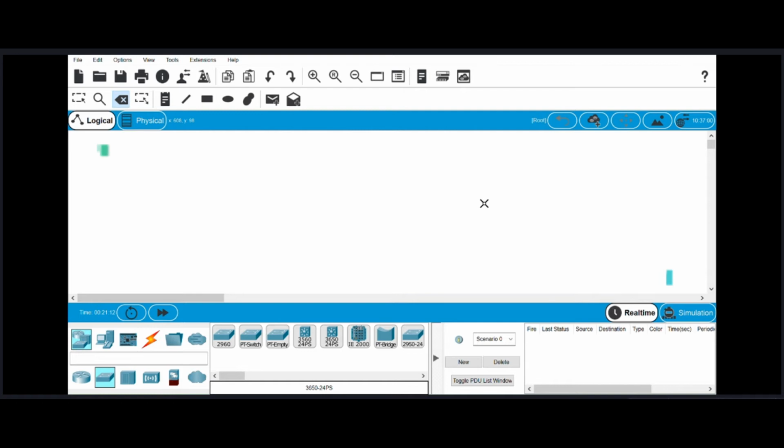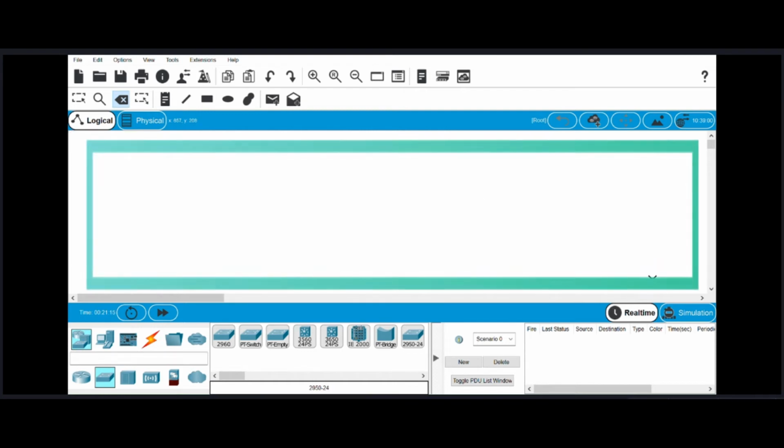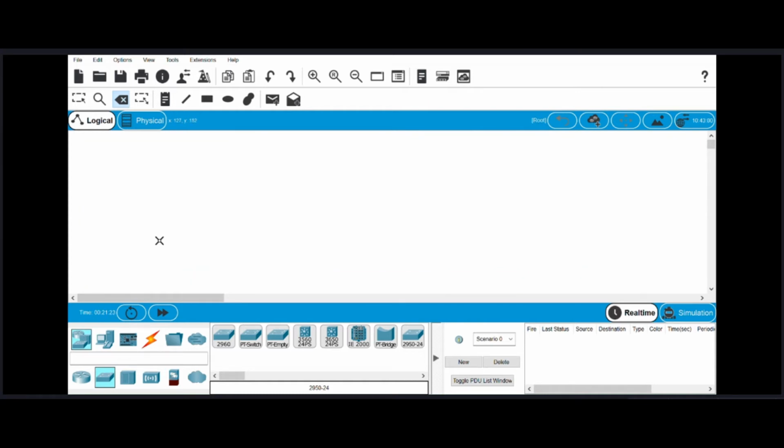This is how Cisco Packet Tracer's interface looks. This you can see is the workspace where we can build our network architecture, and these are the different tools available that we can use to make the architecture. If we click on this, it'll show different devices like routers, and if we click this, it shows the different types of routers Cisco Packet Tracer has to offer.